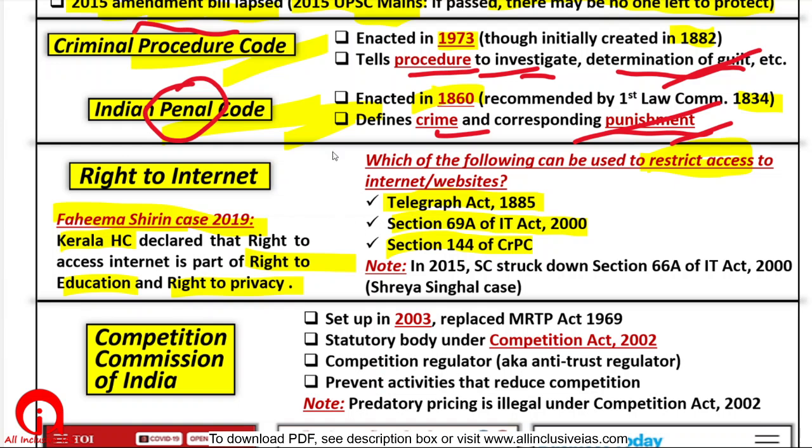Now please note, I am telling you Section 69A of the Information Technology Act. It is not Section 66A, because 66A was struck down by the Supreme Court as it was quite misused. Anyone who tweeted anything against the government, this section was used to put a case against that person. So the Supreme Court said that this section is being misused, it is wrong, we are striking down this section. Now the government is using other sections to punish people who are speaking against the government.